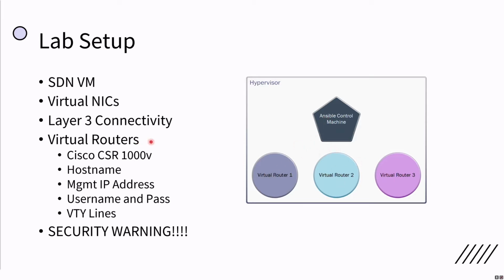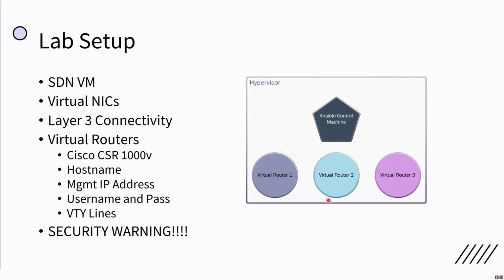Our virtual routers are going to be Cisco CSR 1000Vs provided by me, and some of the basics that you're going to have to configure on it are going to be the host name, a management IP address for IP connectivity, a username and password with a privilege level of 15, which will bypass enable mode on Cisco devices. And finally, we need to configure our virtual terminal line so that we can start an SSH session with our network devices. I added a security warning on here at the very bottom so that you know that we are in